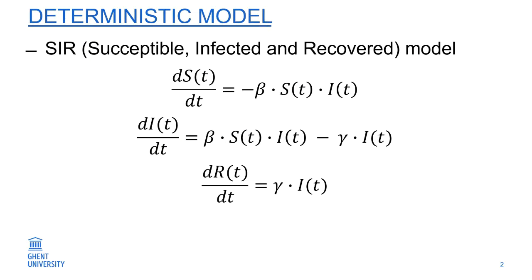Most epidemic models in literature are based on the SER model, which is shown on the slide. The beta parameter indicates the speed of the spread, which is determined by the probability of infecting a susceptible person and the amount of interaction between the people. The gamma parameter is characterized by the recovery rate of an infected person. At the beginning of the semester, we analyzed a stochastic model, but due to state explosion and limited computational power, we were forced to use the deterministic model for the optimization procedure, on which we will tell you more in detail.